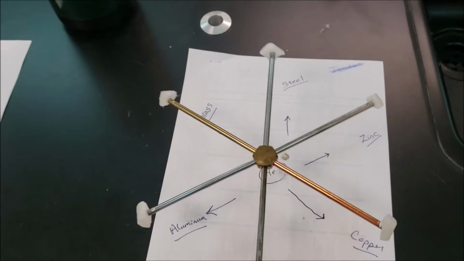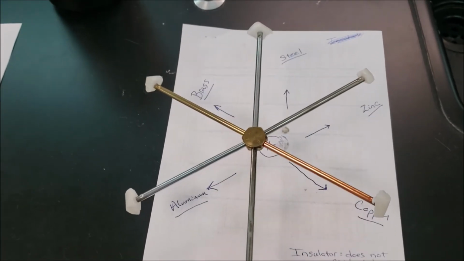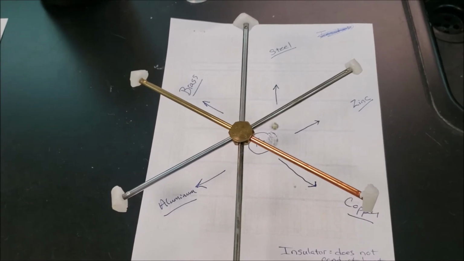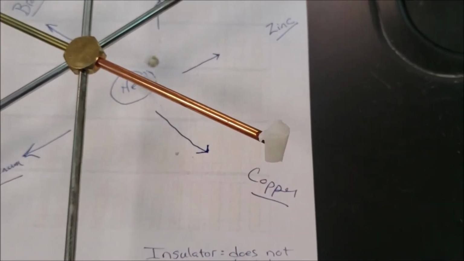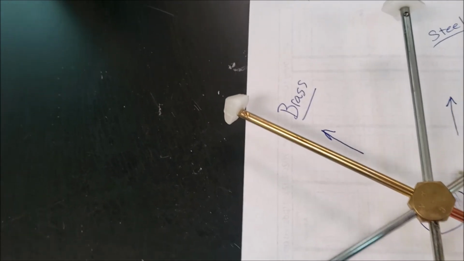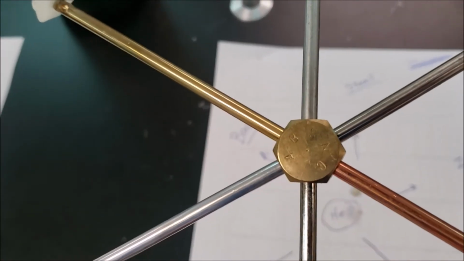Okay. So this is me trying to show you that different metals can conduct at different speeds. So this metal right here is copper. This one here is zinc. This one at the top is steel. This one over here is brass. And this one here is aluminum. And I'm going to hold this middle